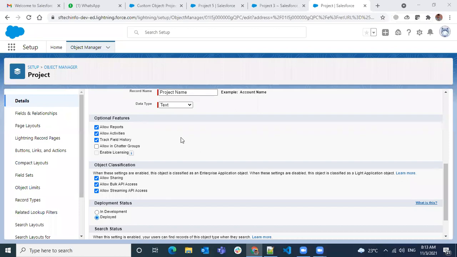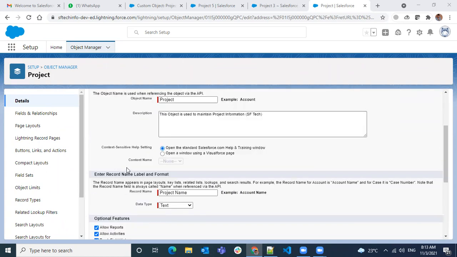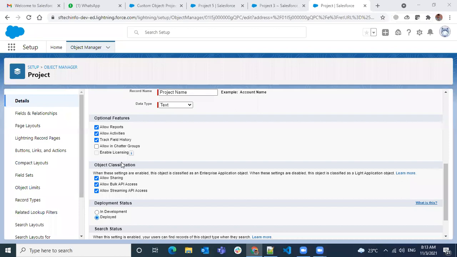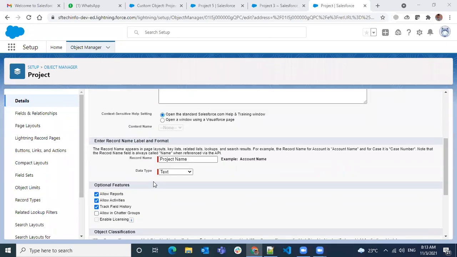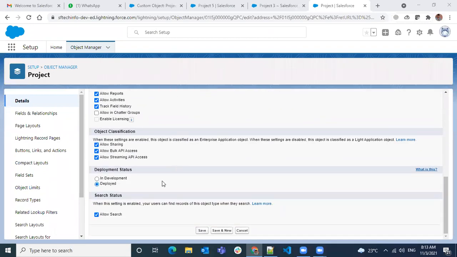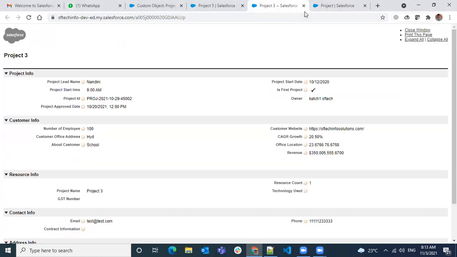Continuing from the last one, what are all the checkboxes or options to enable the features here? Based on this, we see most of the related lists over there. Here you don't see notes and attachments, but we can have control over it while creating only. Okay, just moving on to what we have saved now.